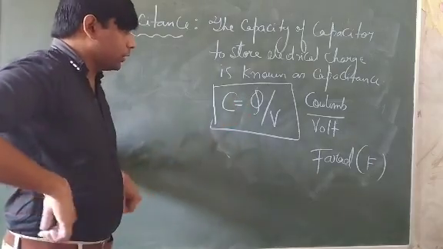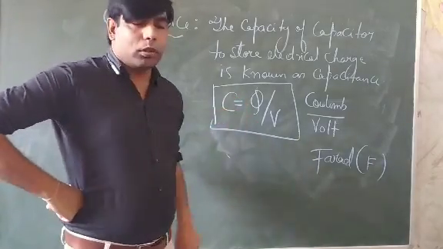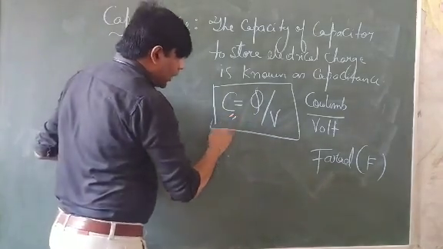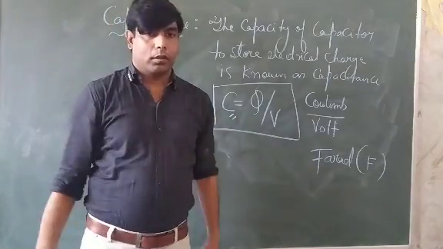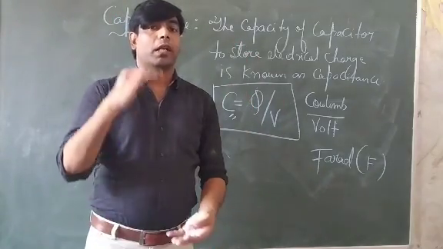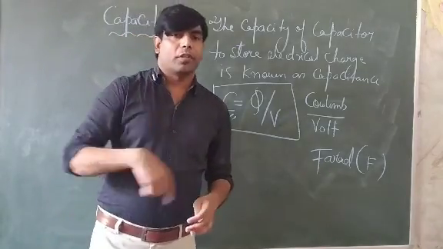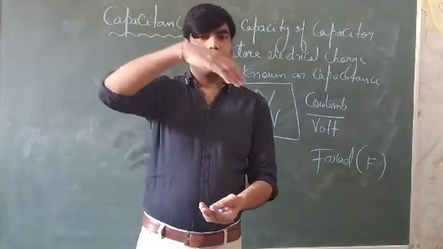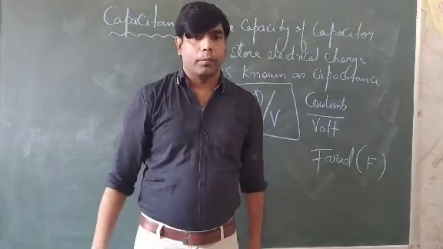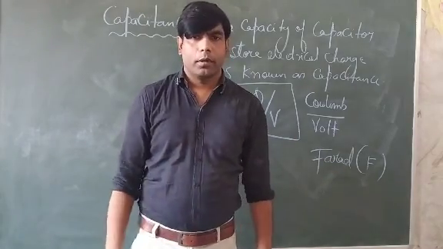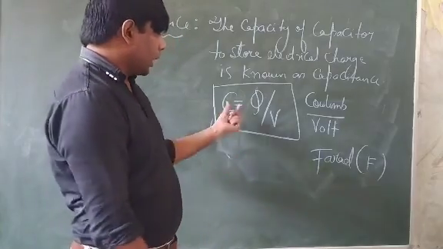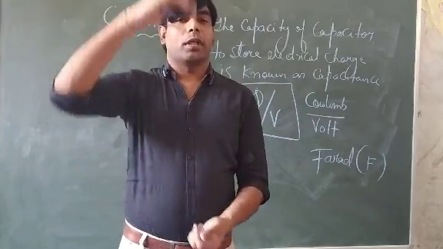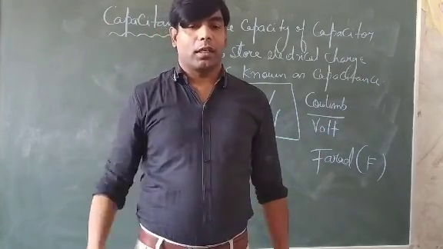But see, we have written this formula C equals Q by V, but generally capacitance does not depend on Q and V. It depends on the dimension of the conductor, and also what medium is used. When a capacitor is made, we require plates, and between the plates air can be the medium, vacuum, or any other dielectric, mica, or electrolyte. That is, capacitance depends on the property of the medium, and also the size of the conductor, the distance between the conductors, and their area.